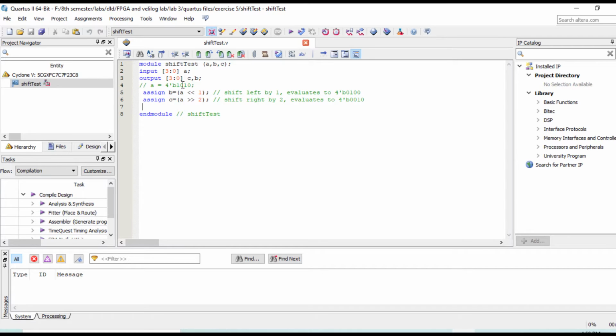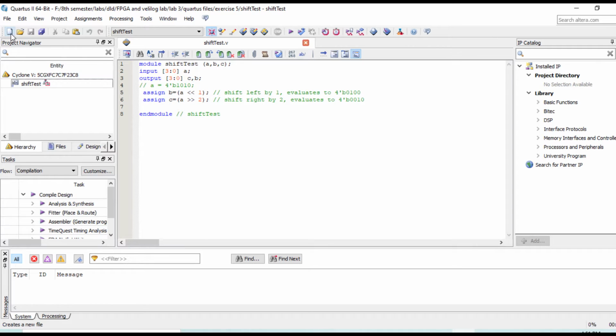Here you can see our input value is 1010, and if this is shifted towards the right by 2 bits, these 2 bits will be dropped and the remaining value is 10, and on the left side we will add 00. So that's why this is the shifted 2-bit value. Now I move towards the waveform of this code.